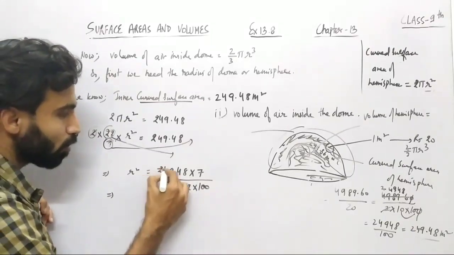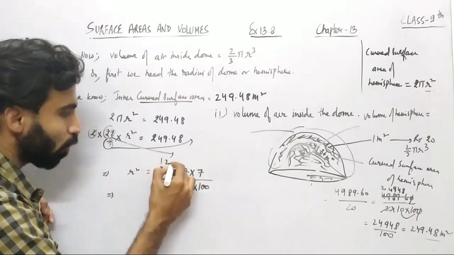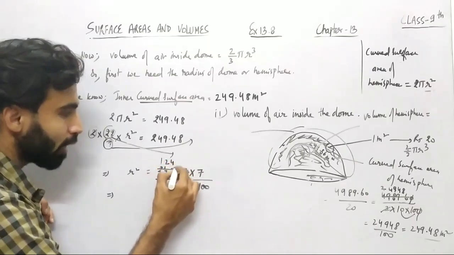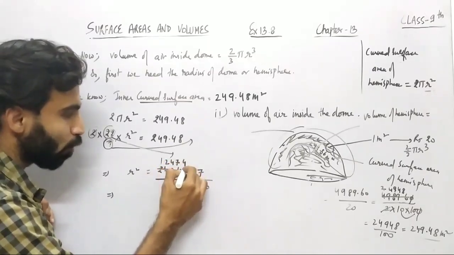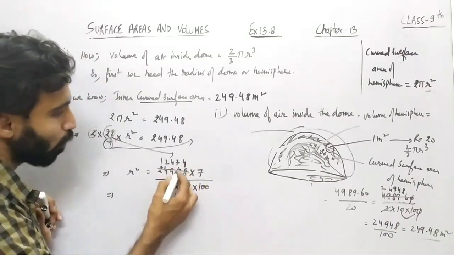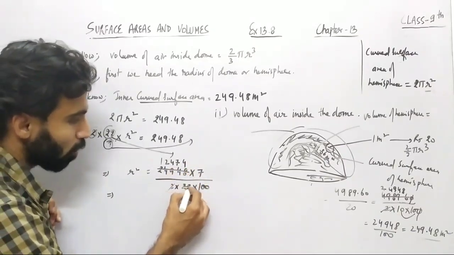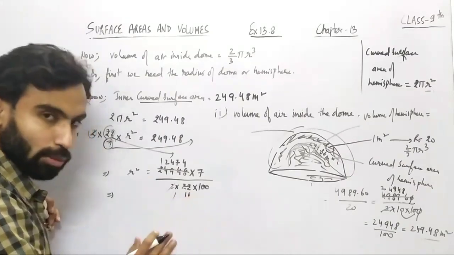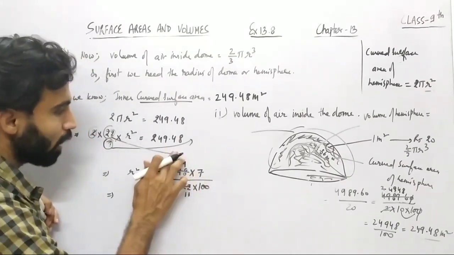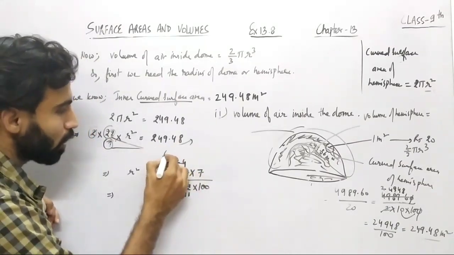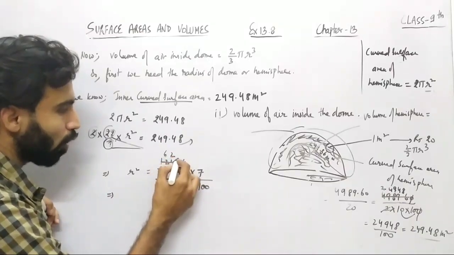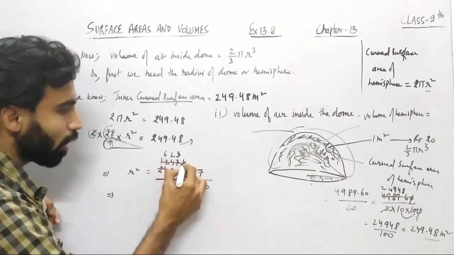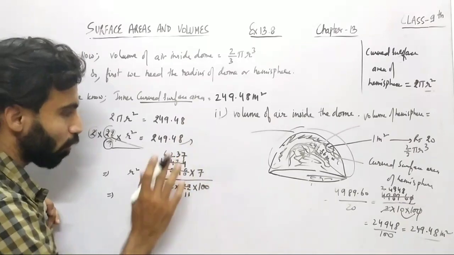So 2 1s are 2, then further 2 1s are 2, 2 2s are 4, 2 4s are 8, 1 remaining, there will be 2 7s are 14, then 2 4s are 8. Now further if you want to reduce it on 2, that will happen, so 2 11s are 22, then again you can see if I reduce this, 2 6s are 12, then 2 2s are 4, 2 3s are 6, 1 remaining, that will make 14, 2 7s are 14, right?